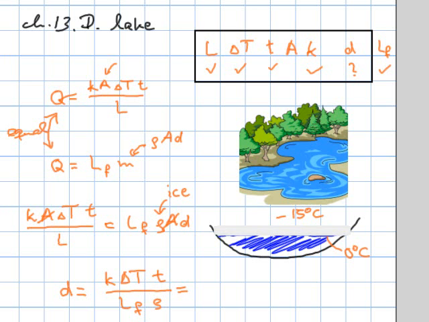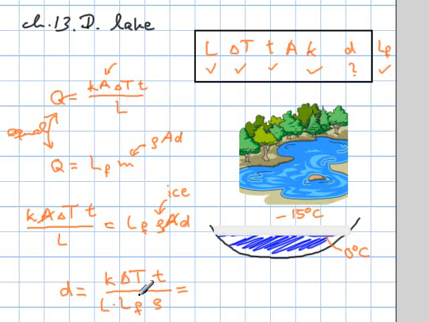Oh, I forgot something. I just noticed I forgot that L here. I divided by that LF, but there's still that L. I need it actually right now after I multiplied with the time. So the original thickness of the ice is divided by 0.3, so I put the denominator in parentheses, and then